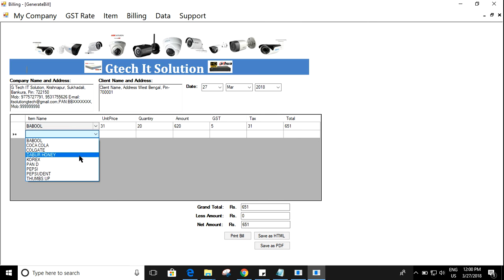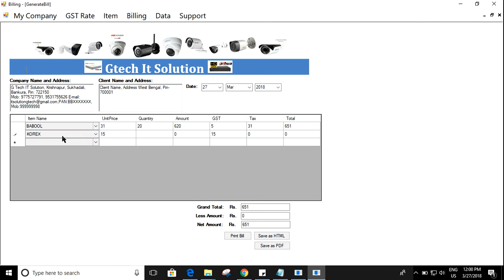Now from Babul I am going to Corex and adding a new item. So Corex unit price is 15, automatically taken. Now I am putting quantity here, say 30. Now you can see the total is also automatically calculated according to the rules that were applied in the previous row.